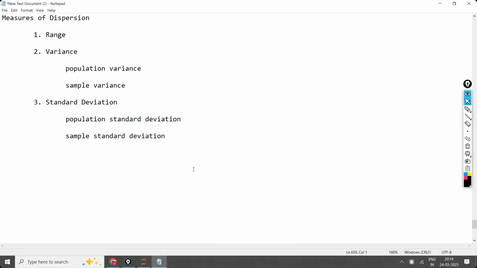Now from here we will continue with the remaining classes, and statistics will continue for the next 3 to 5 classes. Total statistics will be 7 classes, out of which only 1 class was completed. Still 6 classes are pending. So we are going to discuss in detail one by one.